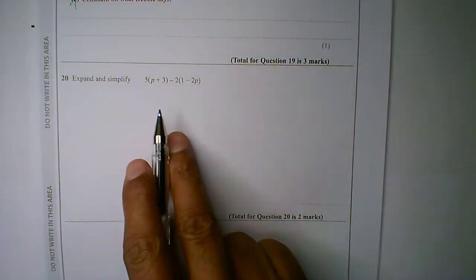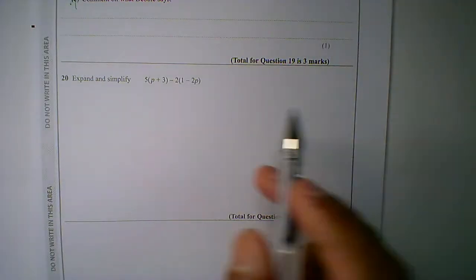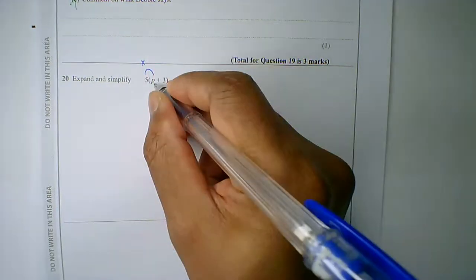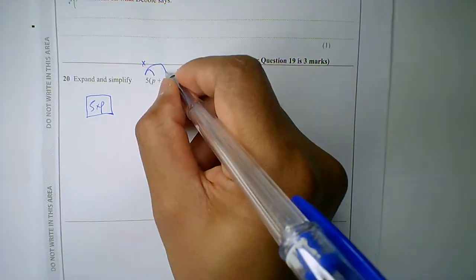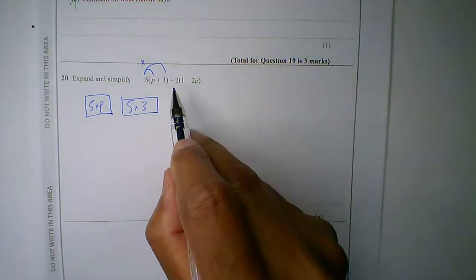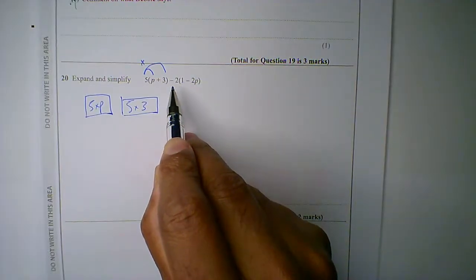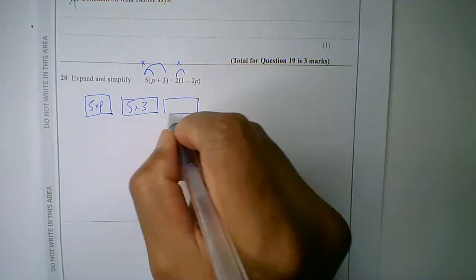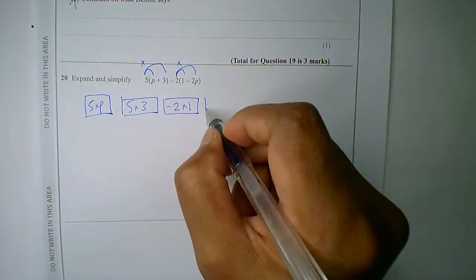Okay, so this is similar to what we've just done in the previous question. So if you got stuck, go back and have a look. So we've got 5 on the outside of the bracket. So 5 is going to be multiplying p. 5 is going to be multiplying 3. And then I've got here, now this depends how you look at it. Because of the sign, I'm going to say this is minus 2. So again, minus 2 is going to be multiplying 1. Minus 2 times 1. And minus 2 is going to be multiplying